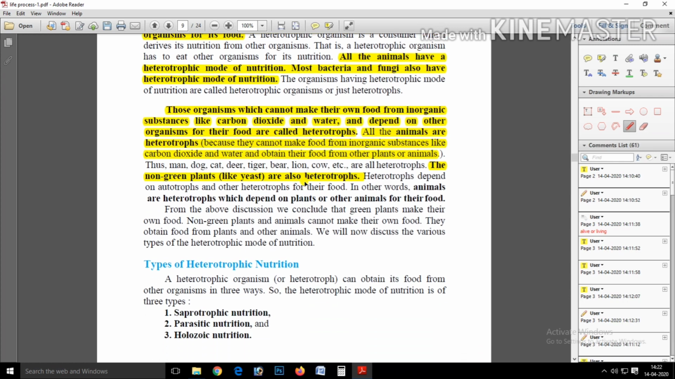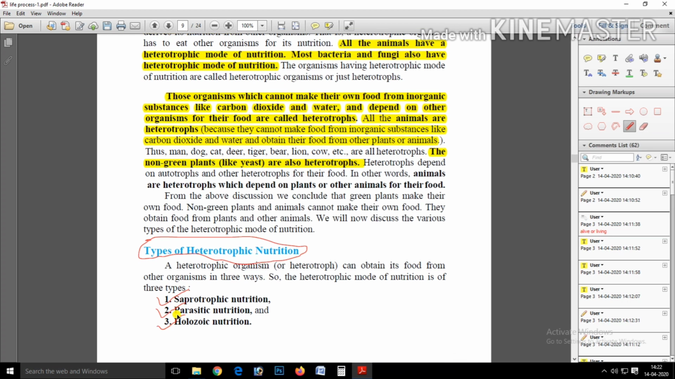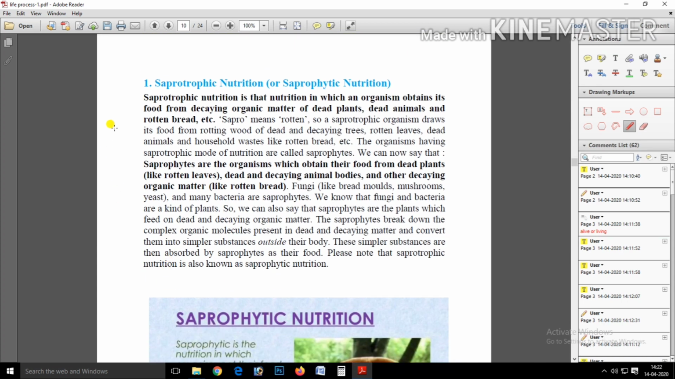Furthermore, heterotrophic nutrition has three subtypes. One is saprotrophic, second one is parasitic, and the third one is holozoic nutrition. Now, what are these? So, first saprotrophic nutrition. The word sapro means rotten. So, we can say that saprotrophic nutrition is that nutrition when organisms obtain their food from decaying matters, that means